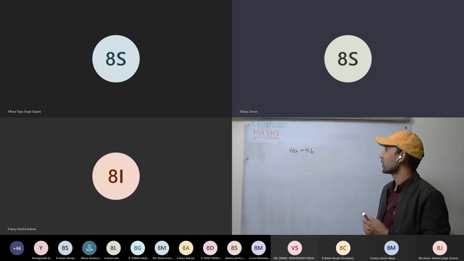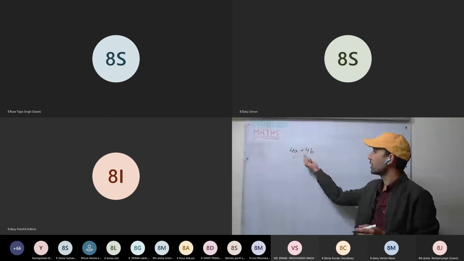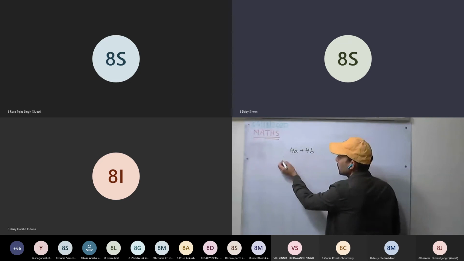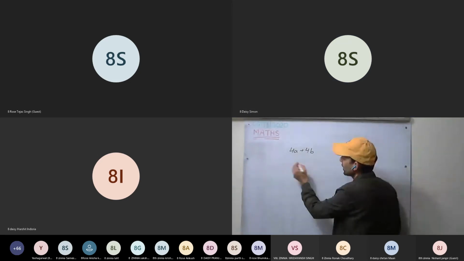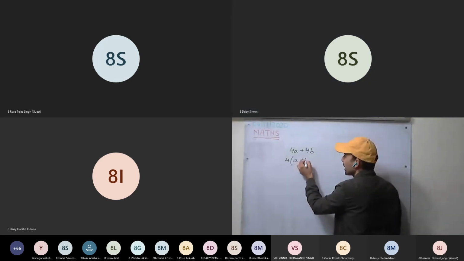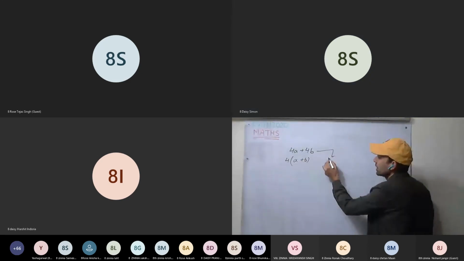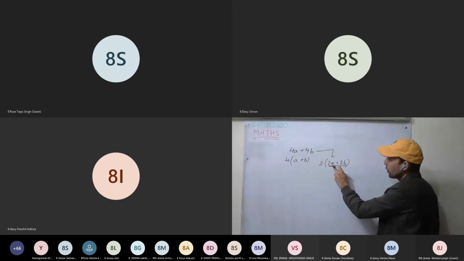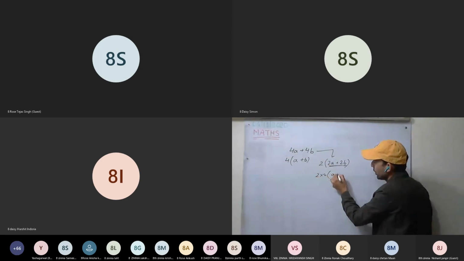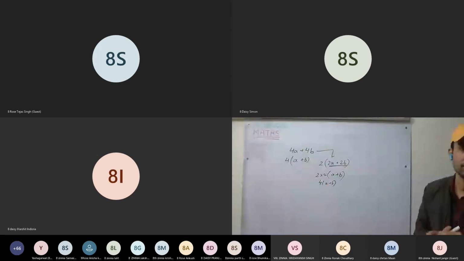Done? Good. So what will be the highest common factor? First, the constants you see, 2 and 4. If you are doing like, okay, 4 is the highest common factor, 4 times a plus b. Now see here, some students may write like this, taking 2 outside, 2a plus 2b. Now again the common factor is 2. You have to take 2 again outside, 2 into 2, a plus b. So again 4, a plus b. Same answer.